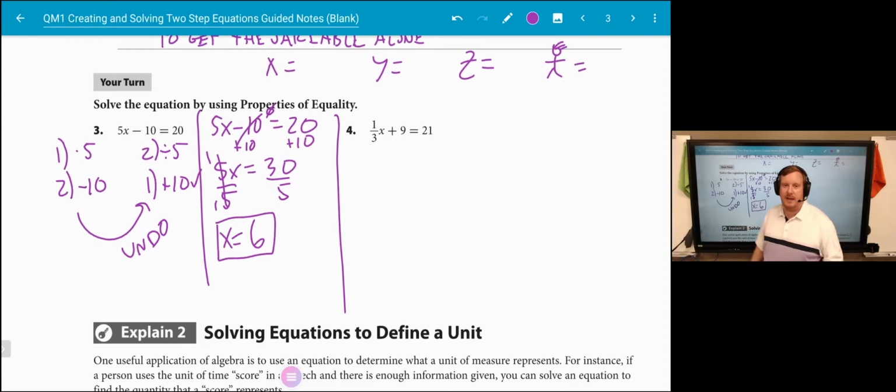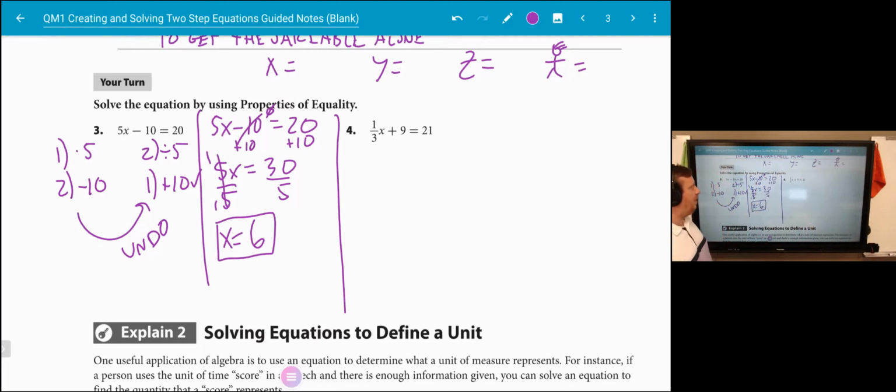How would you check that? I'm glad you asked. That's a really good question. You could substitute this back in: 5 times 6, because that's what we said x was. 5 times 6 is 30 minus 10. Does that give us 20? Sure does. Number 4 says 1/3 x